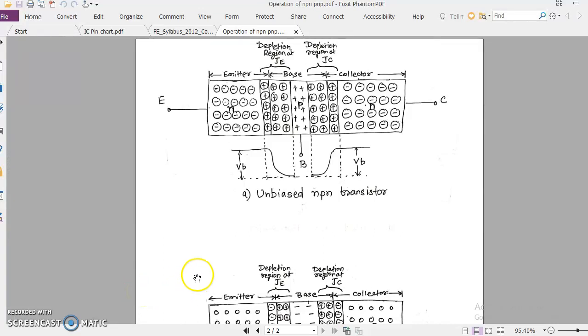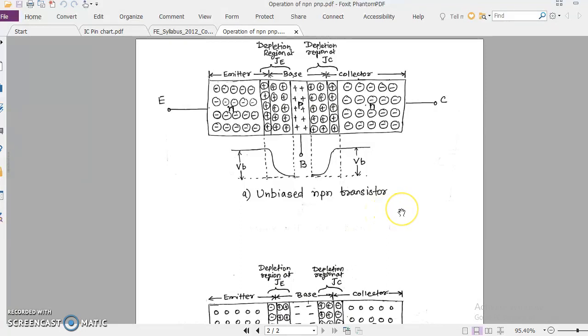Hi student, today I am going to teach you the operation of BJT transistor. As we know, in BJT there are two types, NPN and PNP transistor, but how it works after applying the external DC supply to both junctions, that is emitter to base and collector to base junction, that we are going to study today. But before that, we need to know how it works in an unbiased